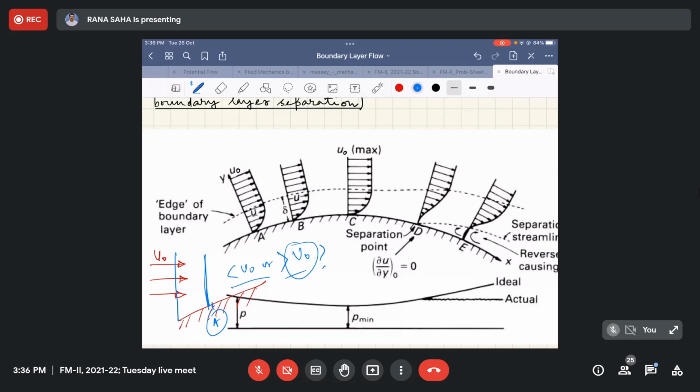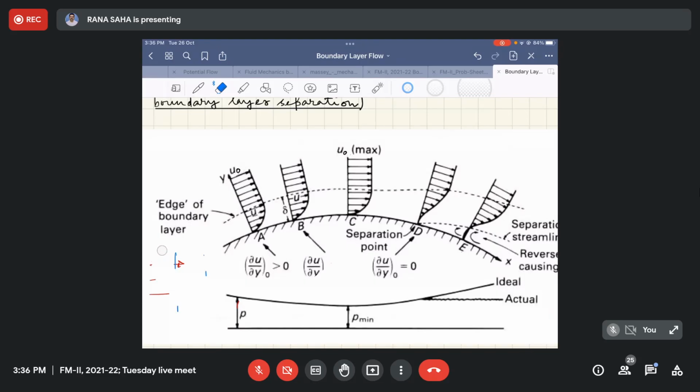So keeping that in mind, if you now look into this situation, one can see that from point A to point B, this del u del y remains positive actually, okay, and then the value of this del u del y gets decreased, okay, because of